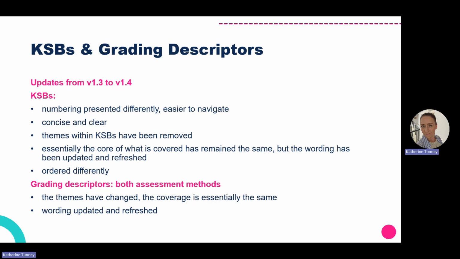For the knowledge, skills and behaviours and the grading descriptors, the updates are that the KSBs have been numbered and presented differently so they're easier to navigate. They have been made more concise and clear. There were originally themes within the KSBs on the previous version, and these have now been removed. So essentially the core of what is covered remains the same, but the wording has been updated and refreshed and